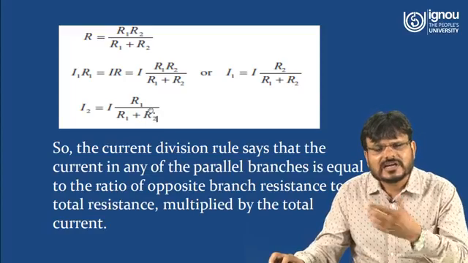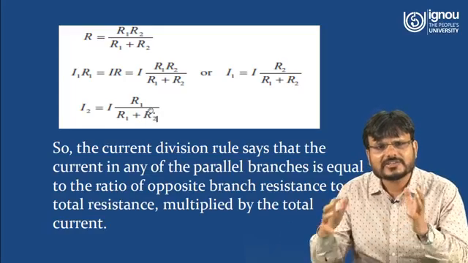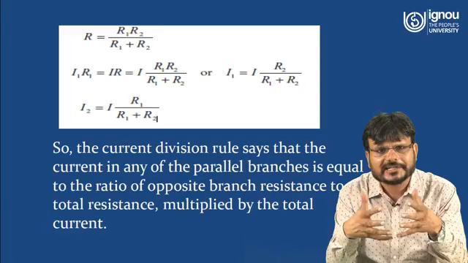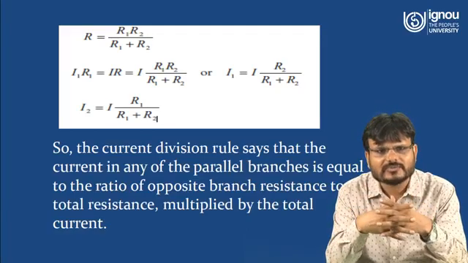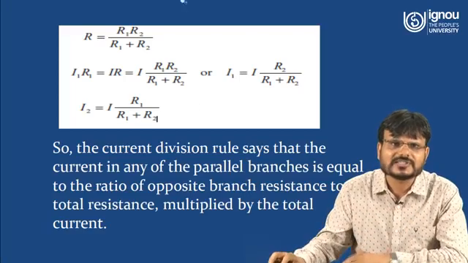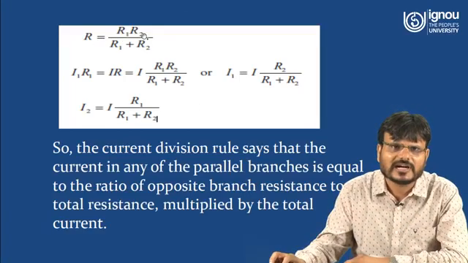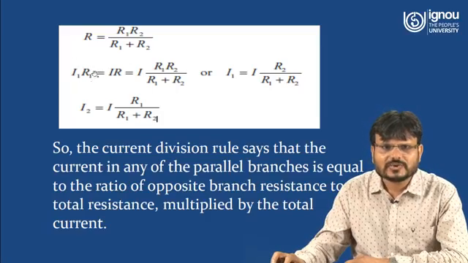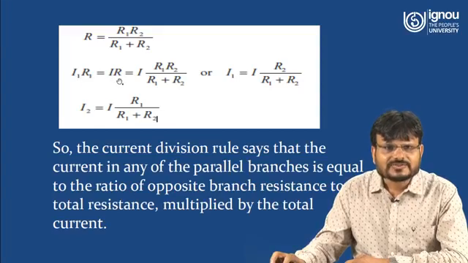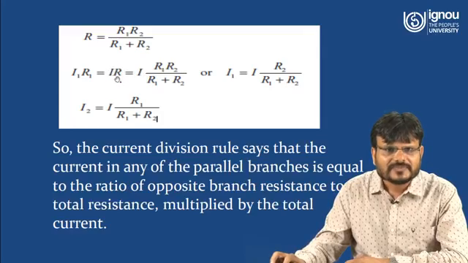So what is this R? Because R is the equivalent resistance if two resistors are connected in parallel. So 1 upon R is equal to 1 upon R1 plus 1 upon R2, or you can say R is equal to R1 R2 upon R1 plus R2. So voltage drop across branch 1 is equal to I1 into R1, or you can say I R. So just put the value of this R in this particular equation.